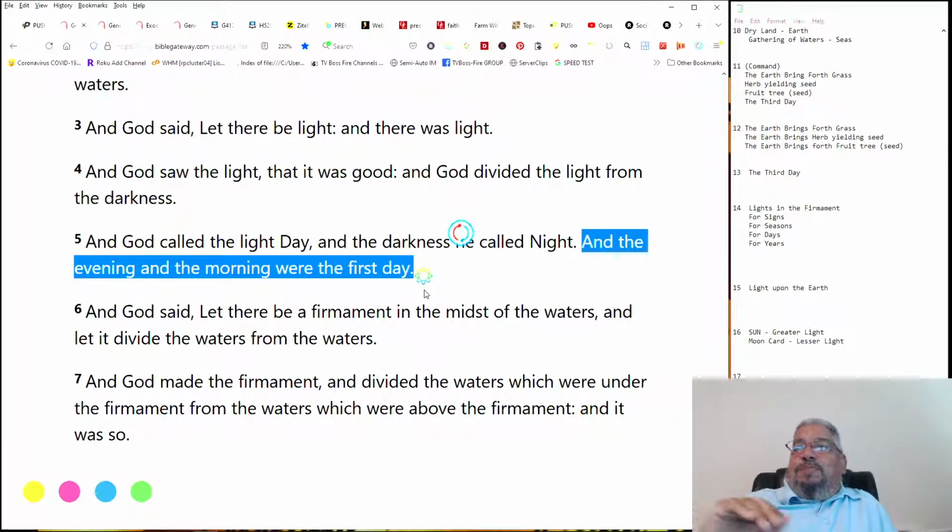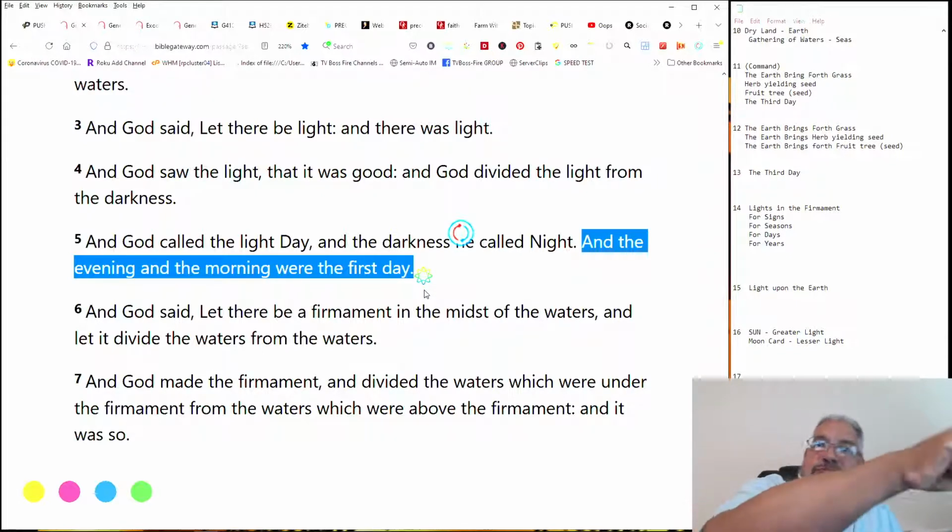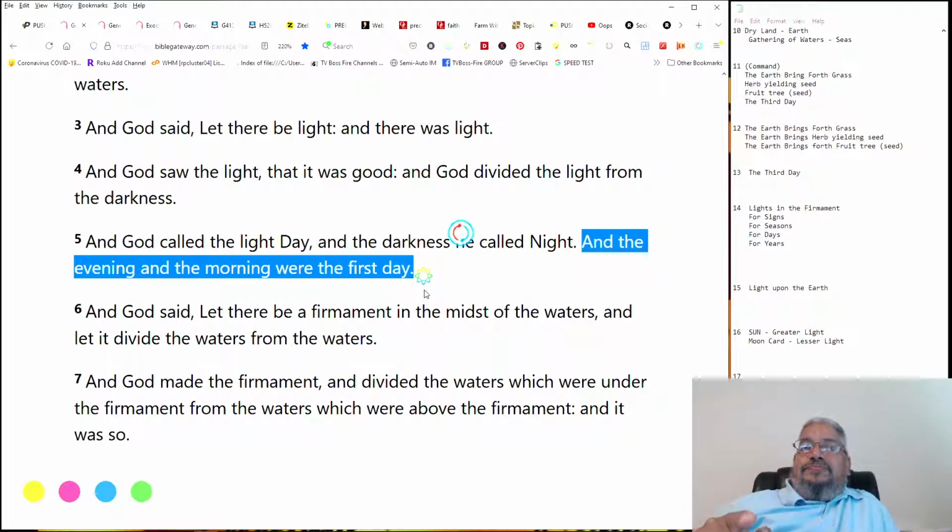Mira que bueno, los hispanos no descubrieron el dormir en el mediodía. Eso es antiguo. The Spanish people didn't invent sleeping during the middle of the day. That's actually an ancient practice. All right, but we do it. We do it because we sleep at night, right? We're sleeping. That is our midday break. That's when you break for your midday, because that is actually the middle of the day, biblically speaking.